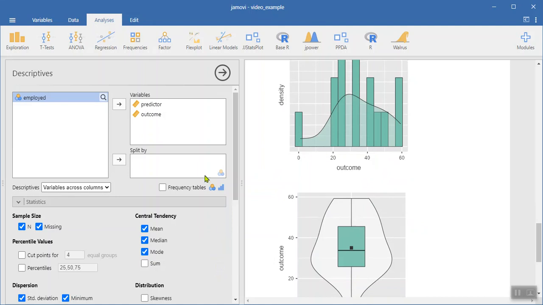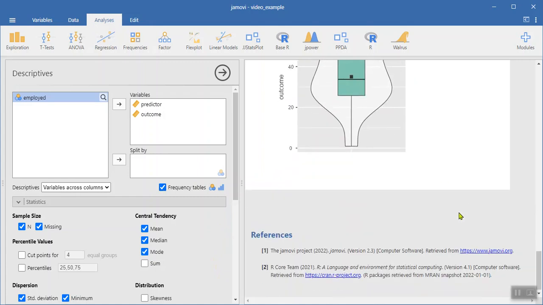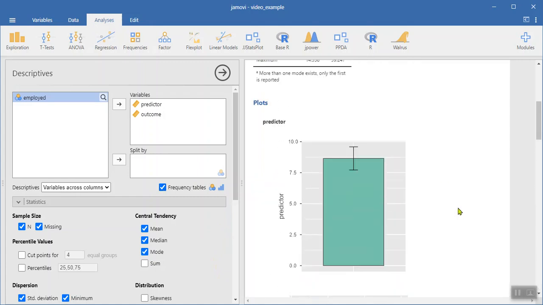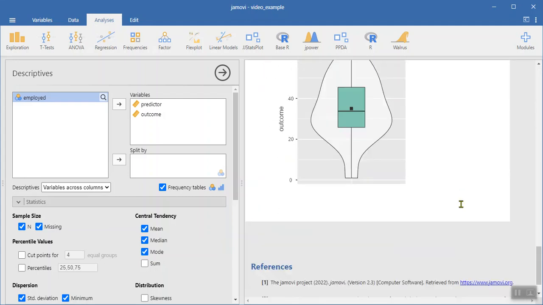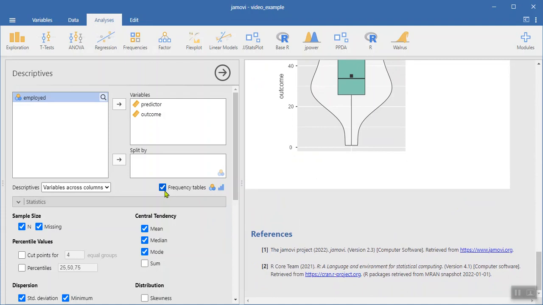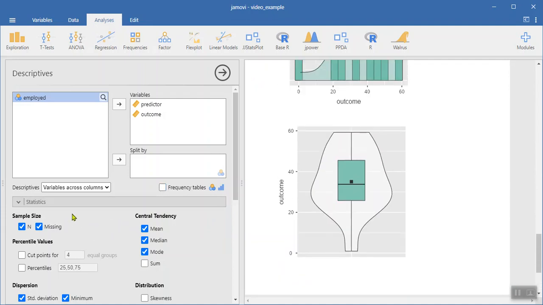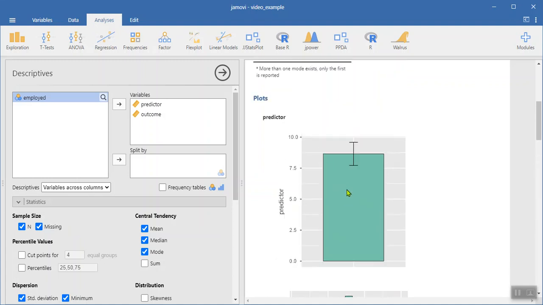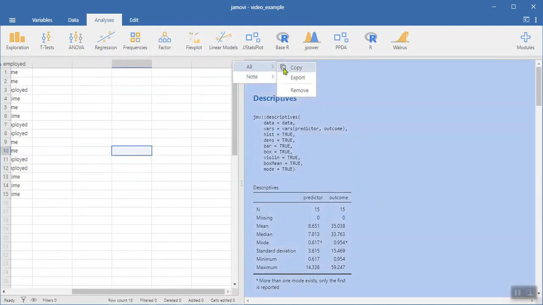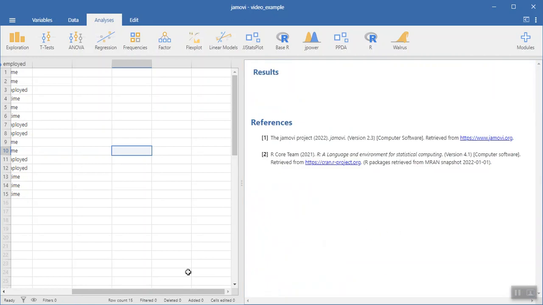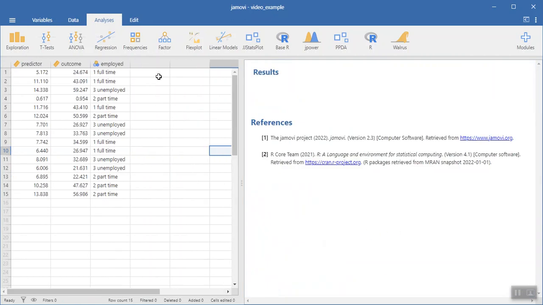And you can even do frequency tables. Frequency tables get a little much for the continuous variables, because there's a lot of options, and so it really isn't a great way of doing it that way. But you can get a sense here of the various kinds of analyses that you can do. Again, let me just clear our window out so we can see it a little bit there. And let me do one last thing under